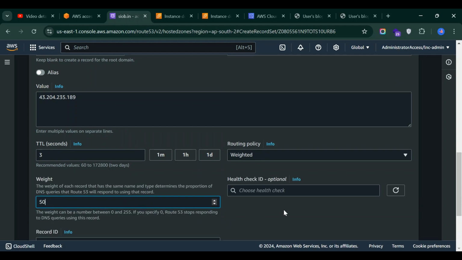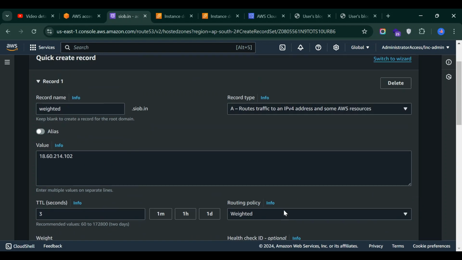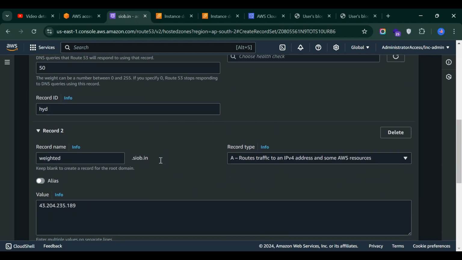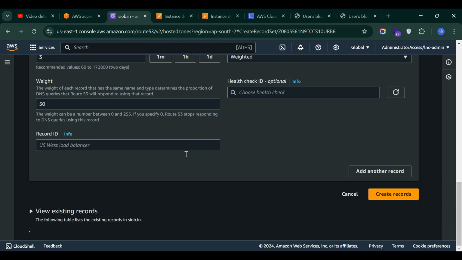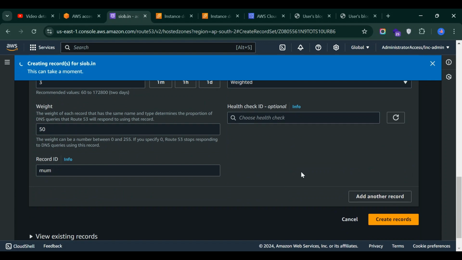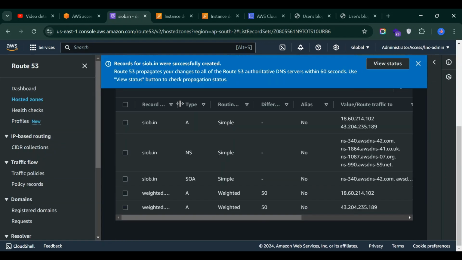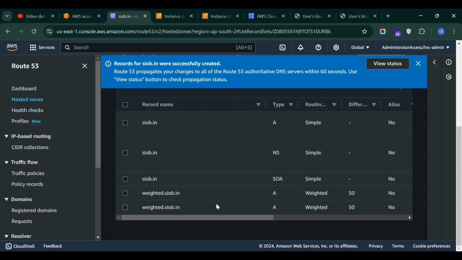For demo purposes I'm giving 50 and 50, but in other scenarios there could be 50, 20, 10 like that. I will provide an identifier and click create records. Yeah, the record has been created. If I copy this domain